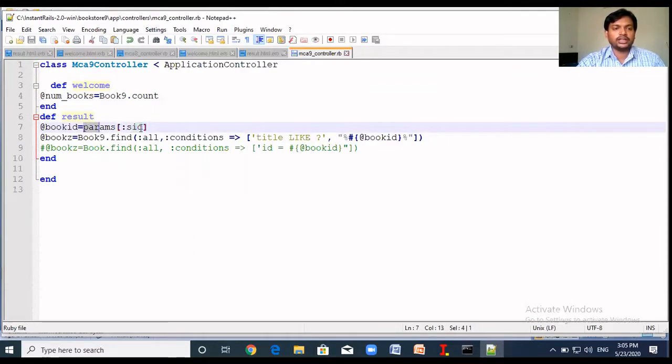To read the text box values, we use params followed by brackets, colon, the name of the text box. So this is the title, and this title will be searched in this table. Book9.find, where the condition is that the title should match the title entered by the user in the welcome page. This is the code. Now we created the controller.